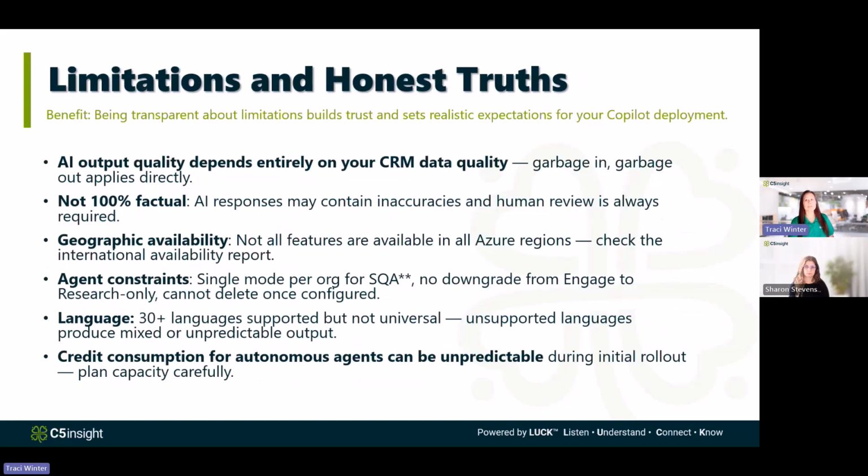Honest truth, this is more of the slide that nobody else is giving you: the limitations. So it's AI. It's not 100% factual. AI responses may contain inaccuracies, especially in edge cases or unusual queries. So human review is always required. Geographic availability: it's not available in every